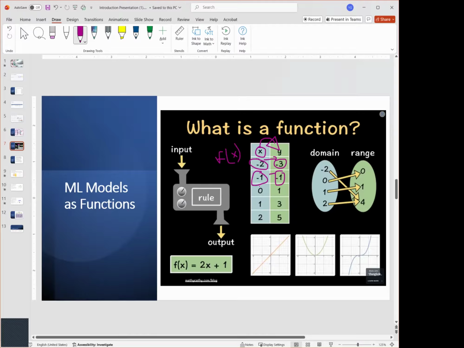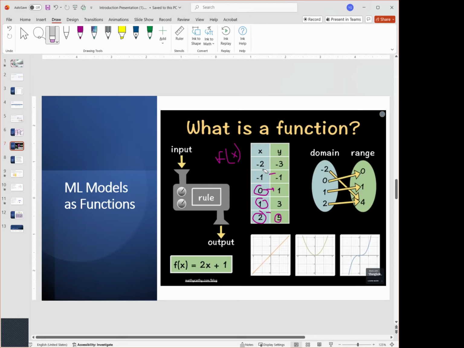There is a function that converts a 0 into a 1, that converts this 1 into 3, and that converts this 2 into 5. And as machine learning engineers, it is our job to find that function. That's what we do in machine learning.